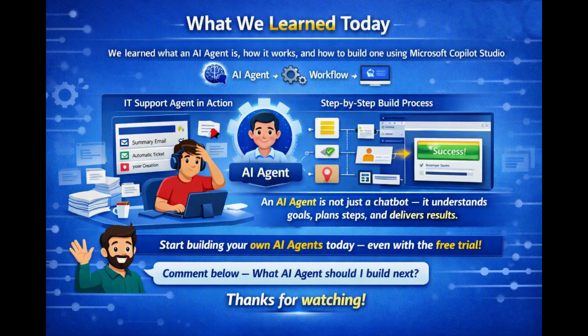Okay. So today we learned what an agent is, how it works, and how to build a simple IT support agent using Microsoft Copilot Studio. We started by looking at the final result. Then we went back and built the agent step by step. And the most important thing to remember is this: an agent is not just a chatbot. It's a system that can understand goals, plan the steps, and help you achieve a useful result. And the best part is that you can start building this agent today, even with the free trial version of